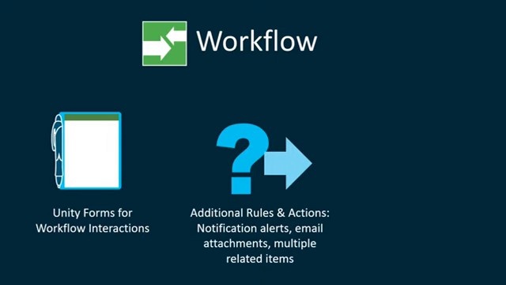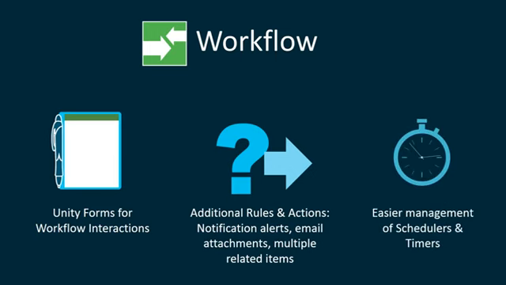And a very good addition to the does the related item exist rule, you can now dictate which of the related items you want to execute against. So for example, if a document has 10 related documents, you can specify which of these should exist before triggering the action. In the Unity Management Console, easier management of schedulers and times, as well as some improved tools to